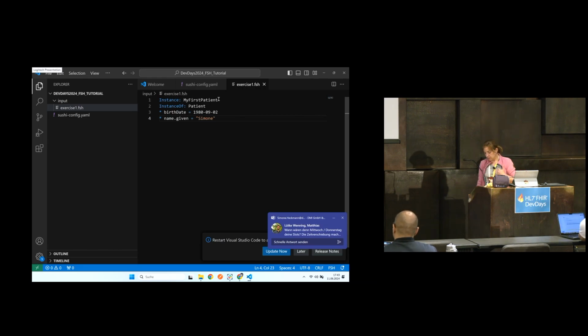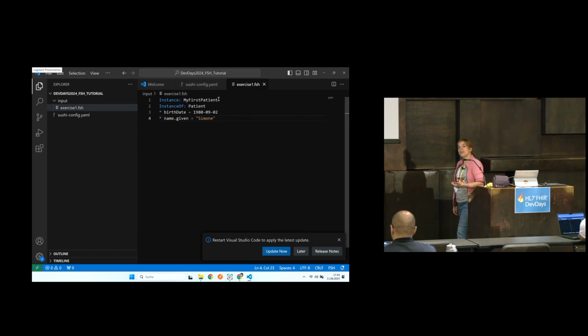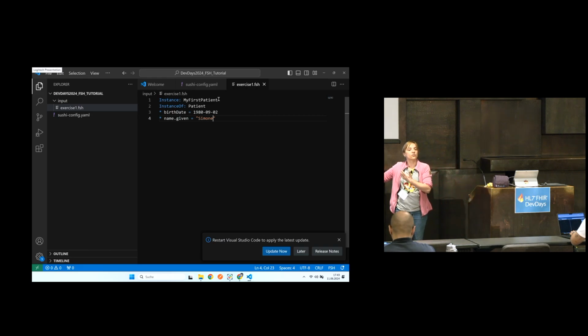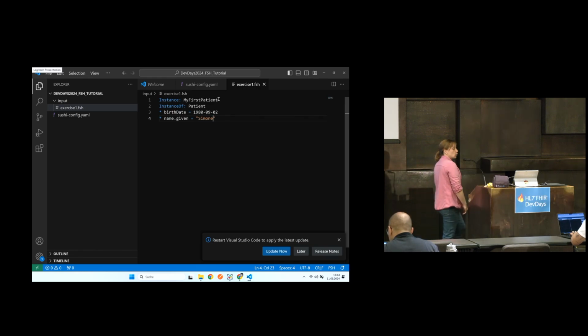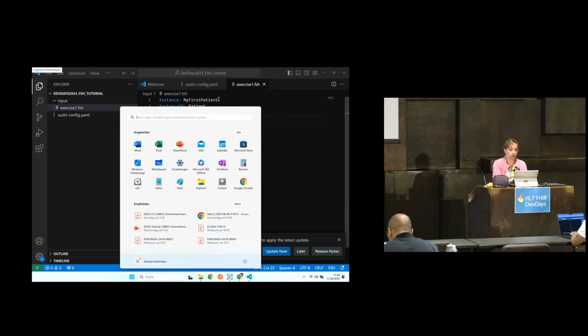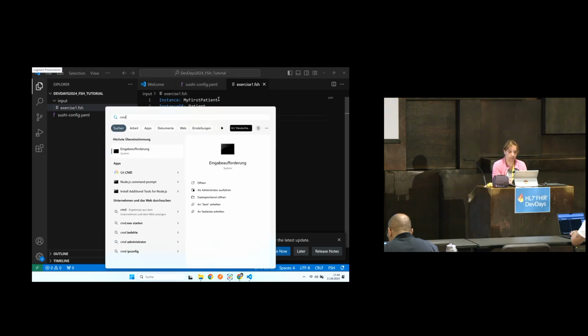Now, since a patient resource doesn't really have any required or mandatory elements, this should already create a valid FHIR resource, right? So we can already use our compiler and see what happens. If you're using the online tools, you're lucky now because all you have to do is press the button at the top of the page. In my case, I have to run the compiler from the command line